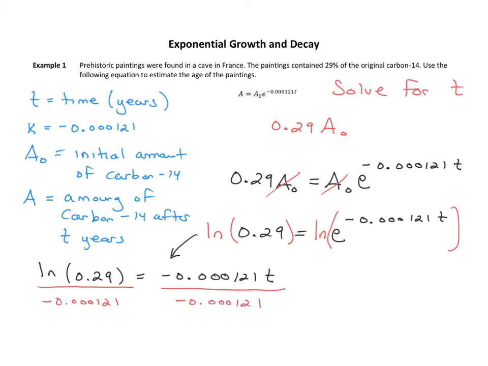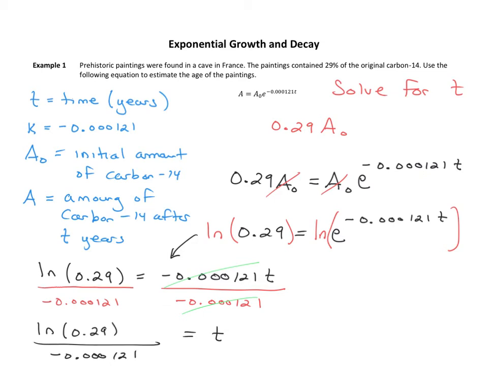On the right, they completely cancel, and it leaves us with t. And on the left, we have the natural log of 0.29, that's a 29, divided by negative